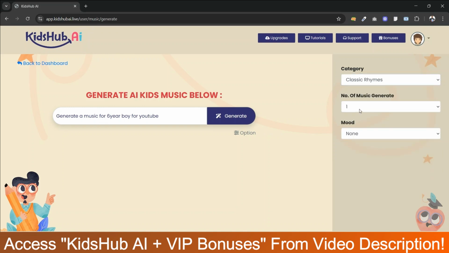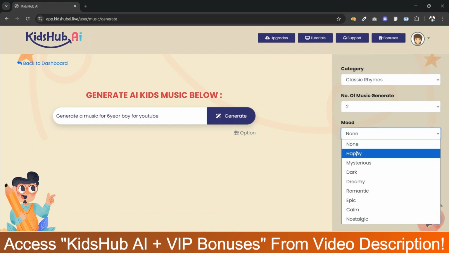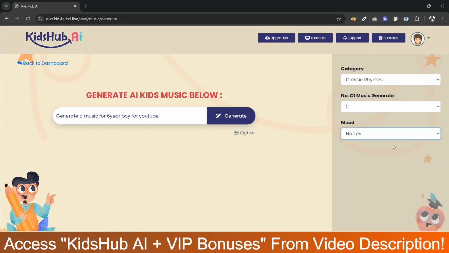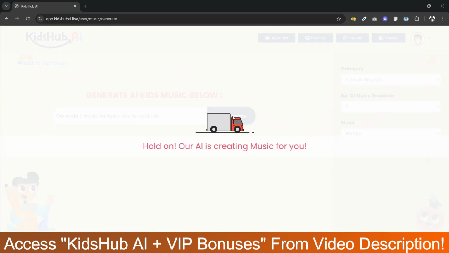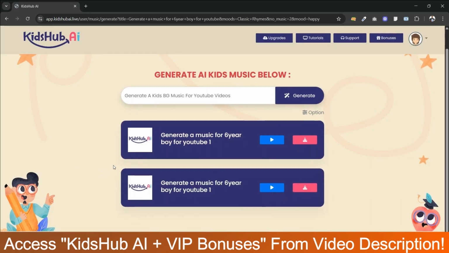Okay, and the number of music you want, like if I want to generate two music at a time. All right, and the mood. Suppose if I'm just selecting happy. Okay, now click on generate. Just wait for a few seconds. Yeah, all right, so here two music is now generated.